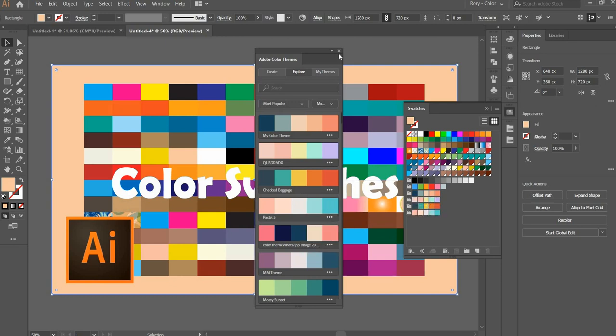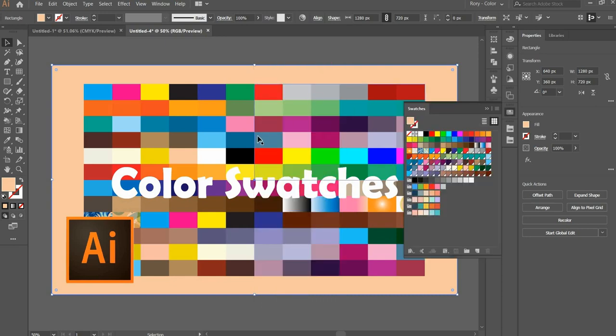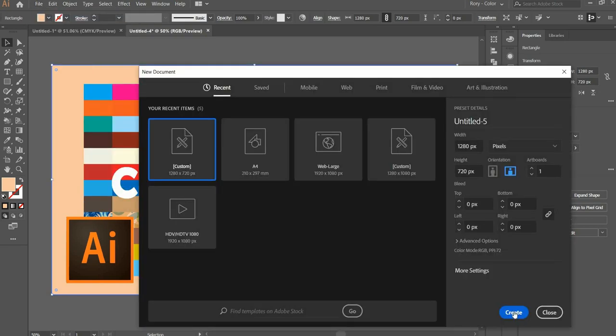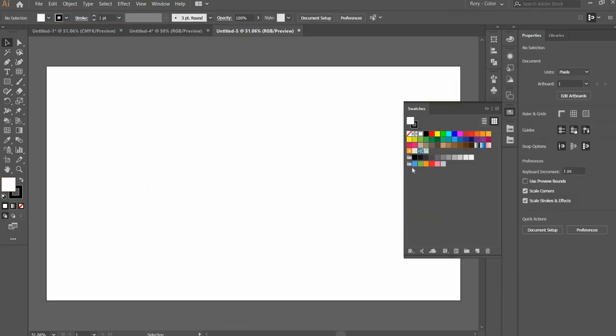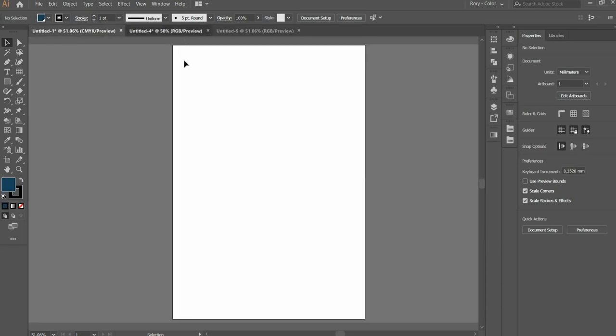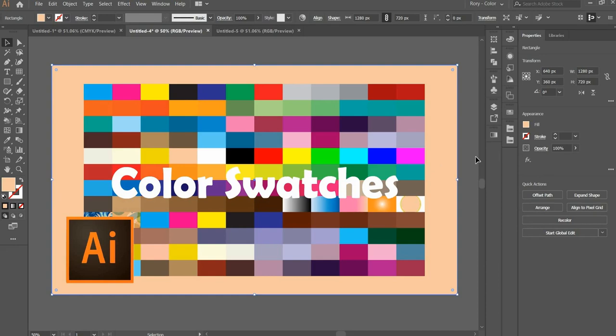Now, if we're done with this, close. Now you have to note a thing. If we go ahead and create a new file, we're gonna notice that the colors we added to swatches are not displayed here. And in order to have them displayed or saved to our project,